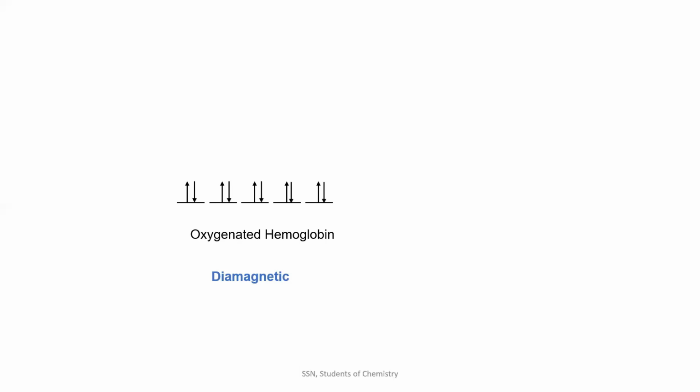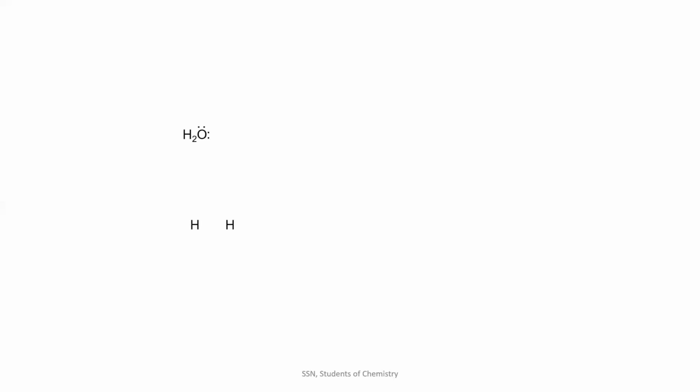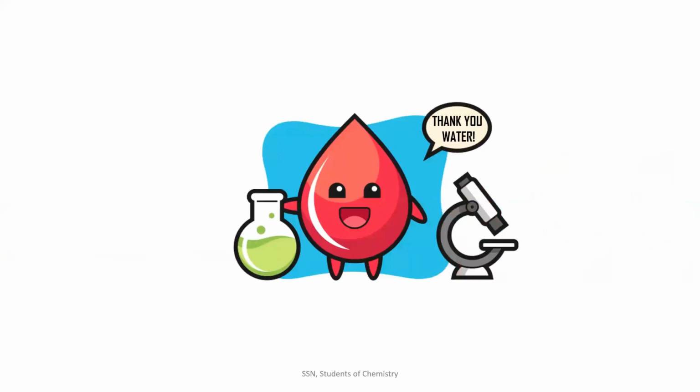It does not stop with this. The H2O molecule contains 2 hydrogens which have 1 unpaired electron each, and oxygen contains 2 unpaired electrons. These unpaired electrons bond together to form 2 covalent bonds, making the molecule diamagnetic, which again strengthens the diamagnetic character, so that our blood totally shows diamagnetic character to the magnetic field compared to the paramagnetic character. So thanks to water, we are saved and we are not attracted by the magnetic field.